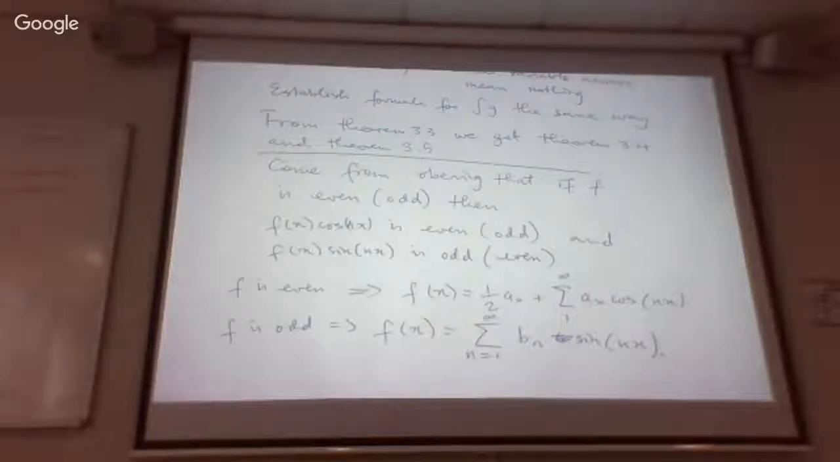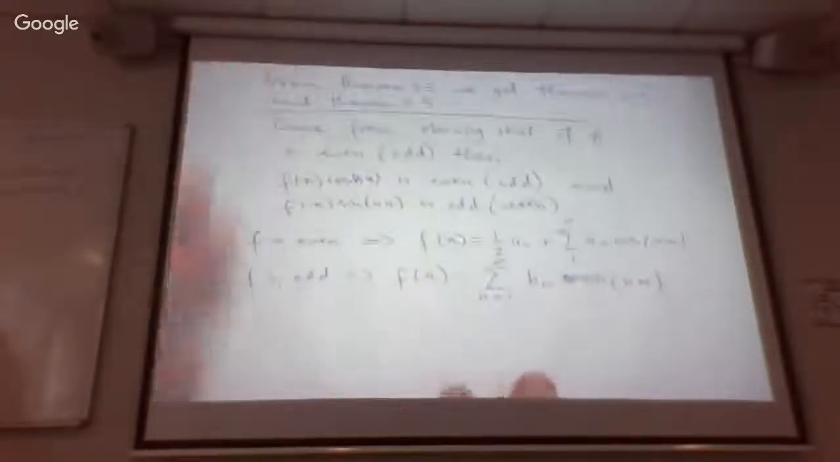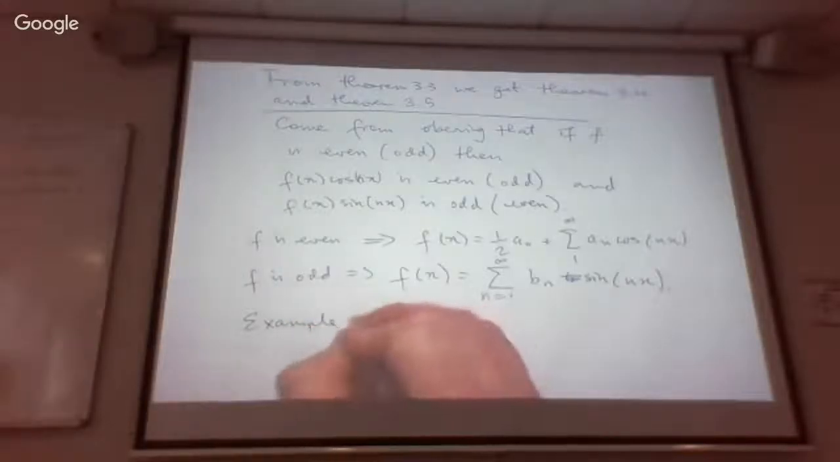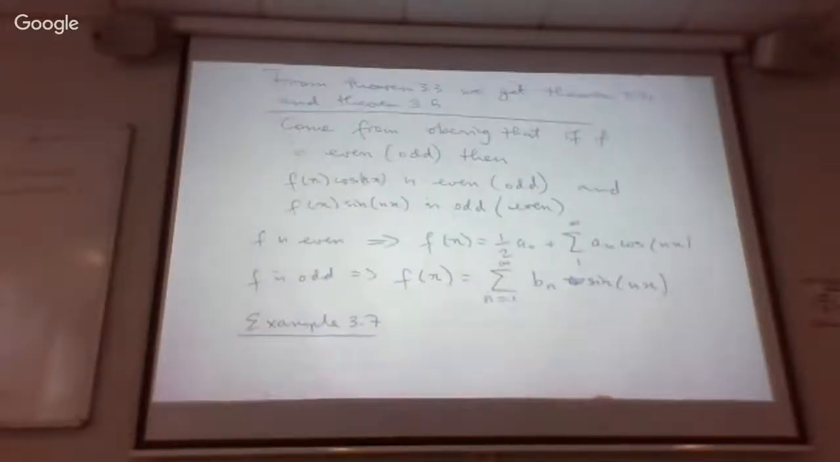So if we're tasked with finding a Fourier series and we know our function f to be odd or even, this result can save us some time, because there's no point in evaluating an integral if you know it's going to be 0. So if you know that ahead of time, that can save you some work. So if you look at example 3.7, where we're considering the x squared function,